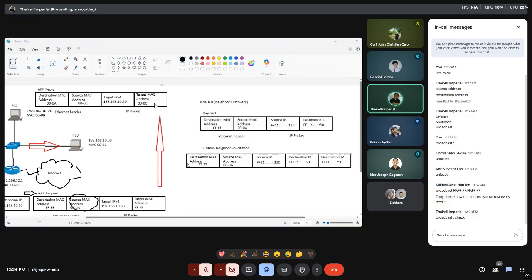This will now be your Ethernet header. Kana siya, then naani siya gitawag na to destination MAC multicast. So we're just gonna remove this and then add this text. That is multicast. Okay, destination multicast. And then for our source MAC address, it would still be the same. Now, our source IPv6, this will be kept as well. That would be 110, that's device 110.